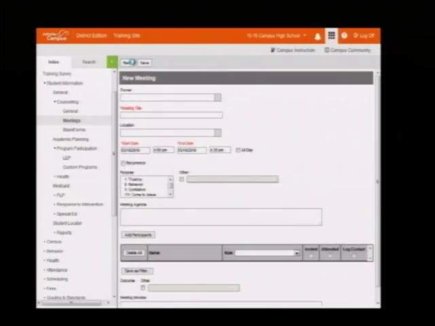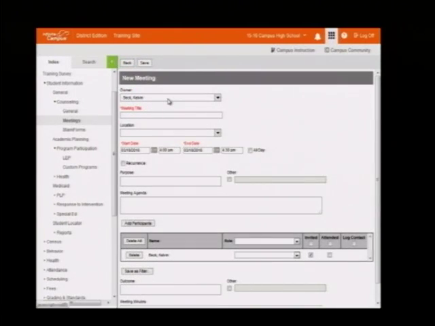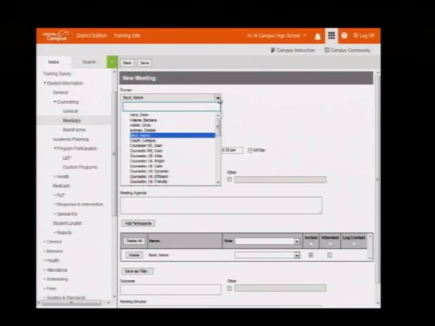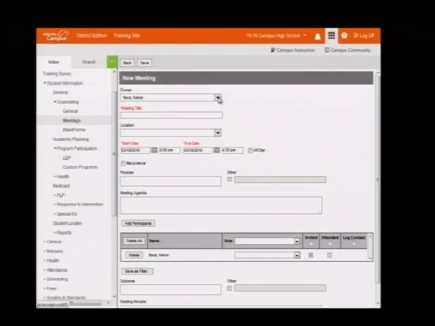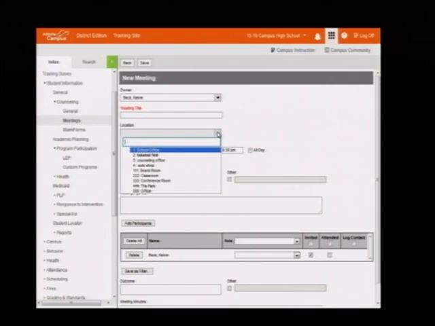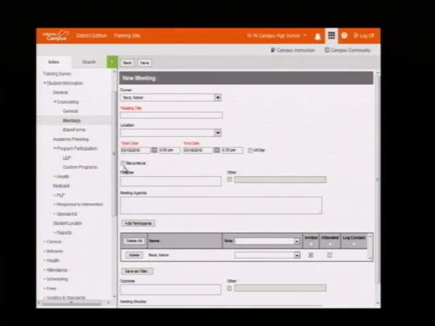If I click on a new meeting, I can create a meeting for myself, or certain people, not all, may have the ability to create a meeting for someone else. Okay, so it depends on how the schools want to handle this. But the idea here is I'll simply put in a title, the location of where we're going to meet, and then a start and end date. And if you want to have a regularly scheduled meeting with a student about a particular item, you can do that as well.